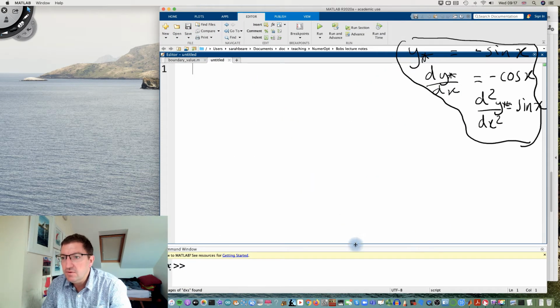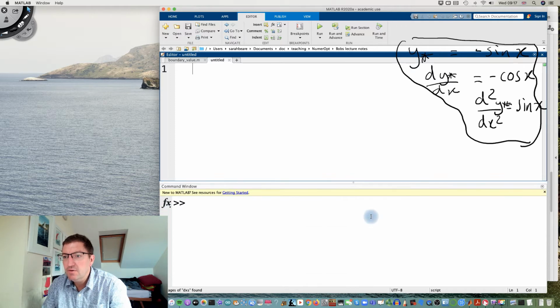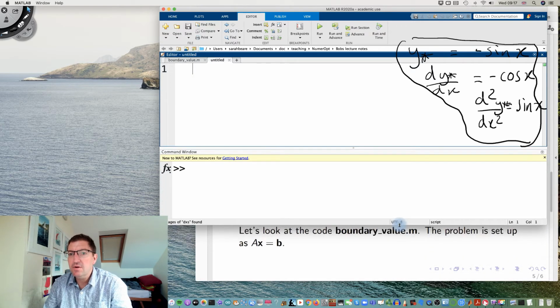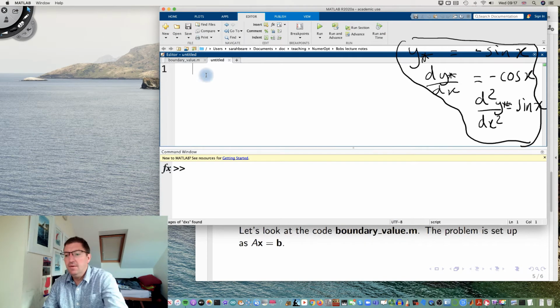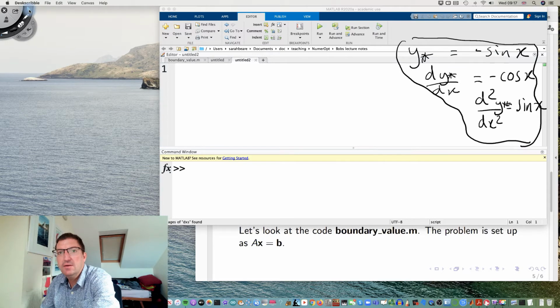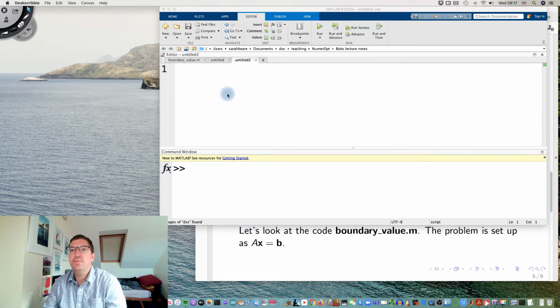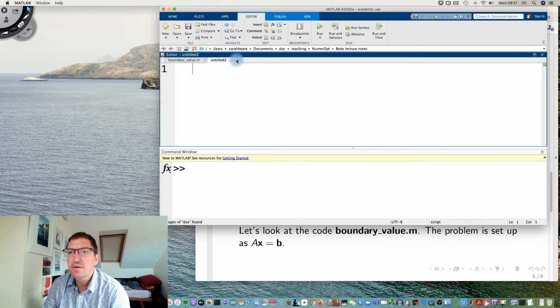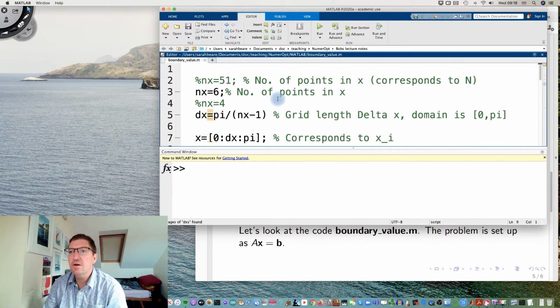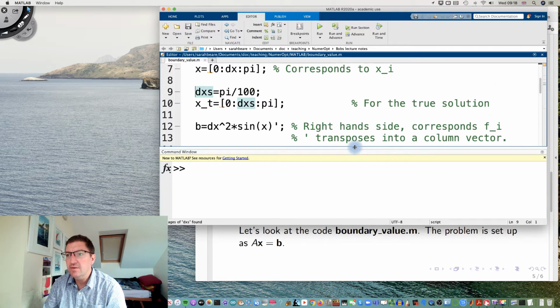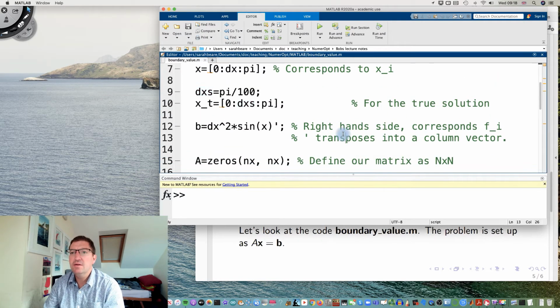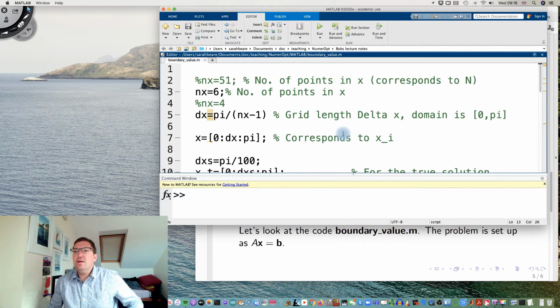And what I'm going to do is just move windows around so things are clearly in the middle of the screen, and get rid of my scrollings here. There you go. So this is the code boundary value.m. Let's just move it down a bit again, and let's just go through